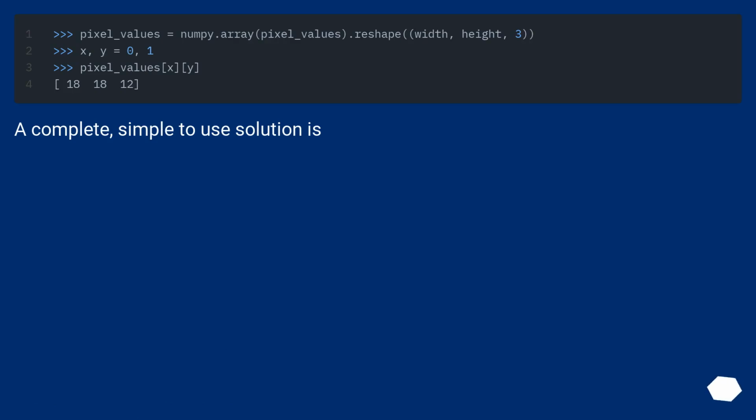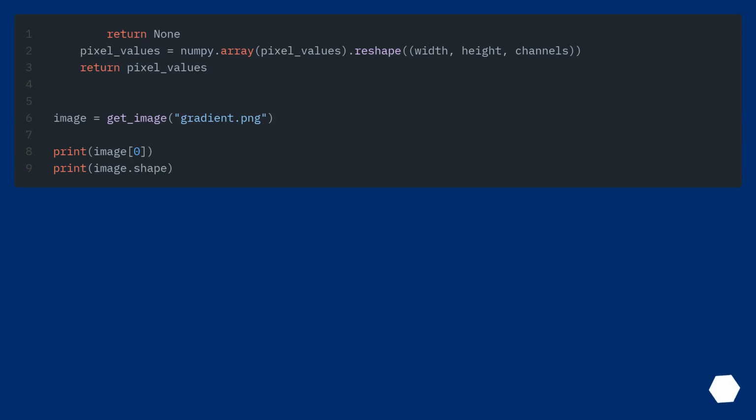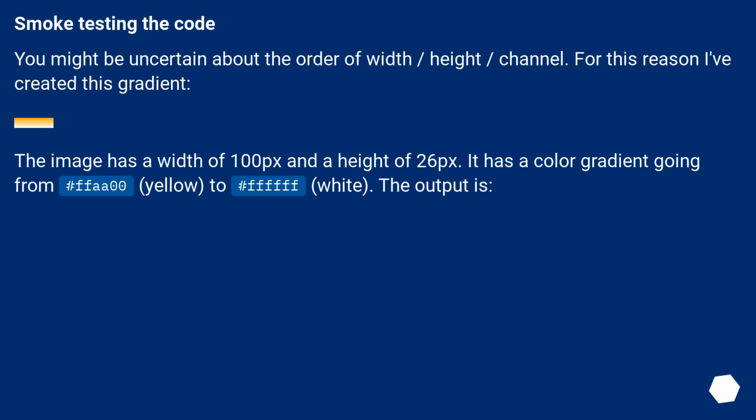A complete, simple-to-use solution is shown. Smoke testing the code, you might be uncertain about the order of width, height, channel. For this reason I've created this gradient. The image has a width of 100px and a height of 26px. It has a color gradient going from #FFFF00, yellow, to #FFFFFF, white. The output is